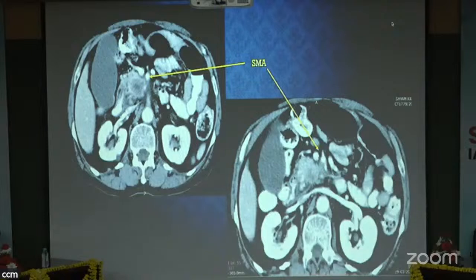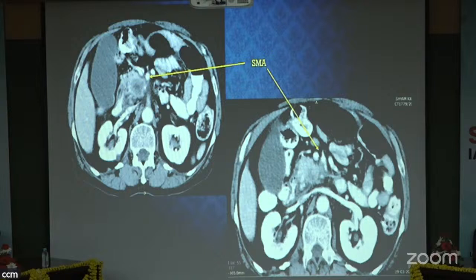So in this case, we can see there is a mass lesion. Is there a cursor, pointer? Okay. Yeah. So anyway, there is a mass in the head of the pancreas, and you can see the superior mesenteric artery. So this is the mass, and this is the superior mesenteric artery, and this is